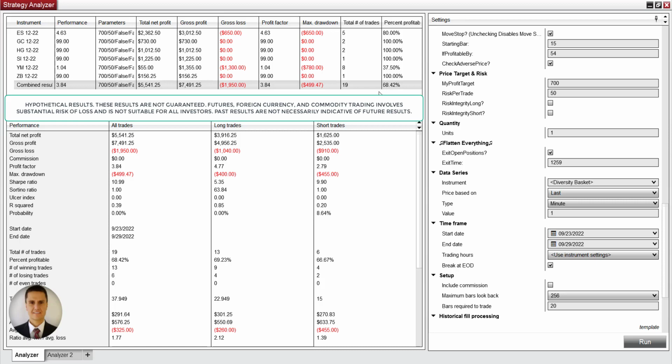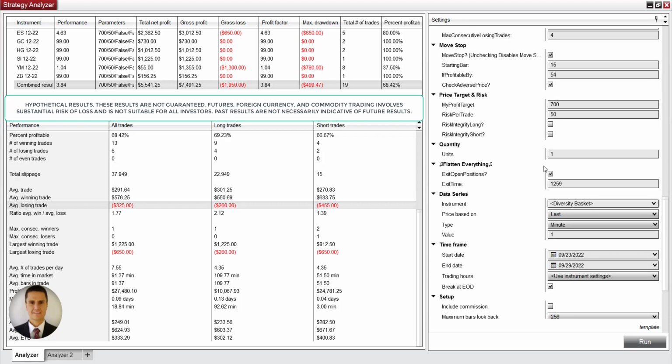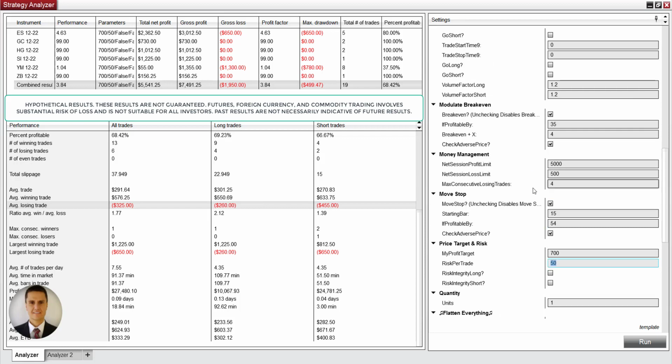68.42% profit. But personally, guys, I don't care at all about that number. I care much more about your average win to your average loss. That's my average winning trade, that's my average losing trade. Even at a very high, in my opinion, 50 ticks, because I have 700 ticks there as the profit target,